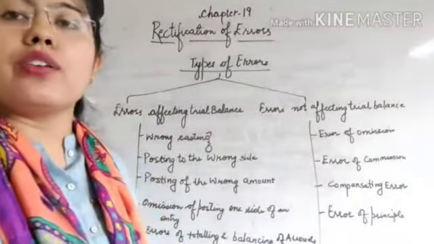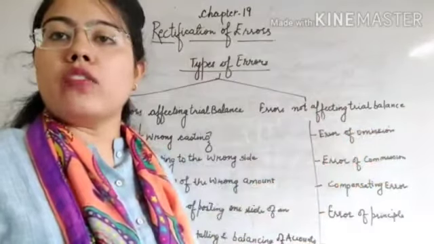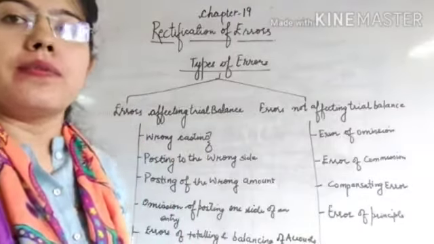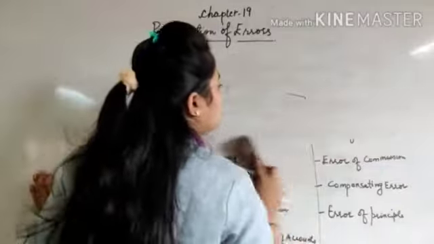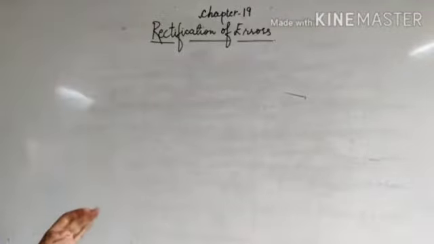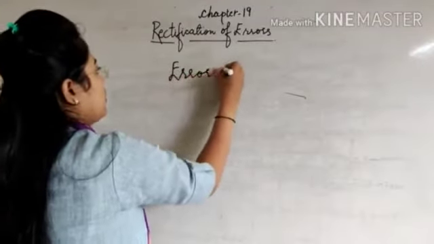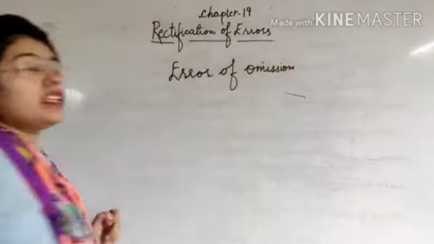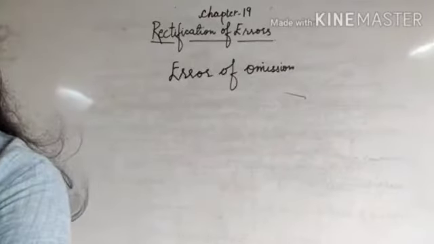First of all, we are going to discuss errors which do not affect the trial balance. It means the total of the trial balance matches, but there are still some errors in the books. The first error is error of omission. Omission means to omit some entry or to forget to do some entry in the books of